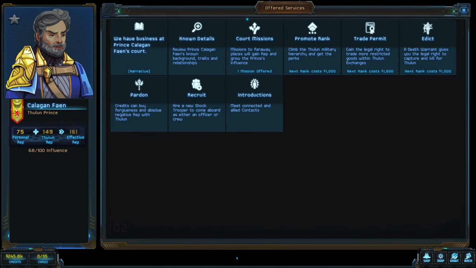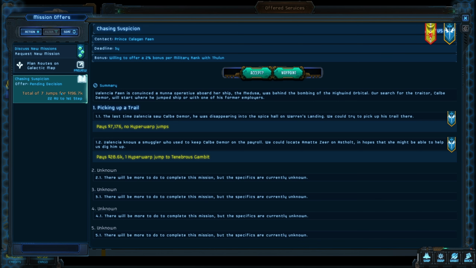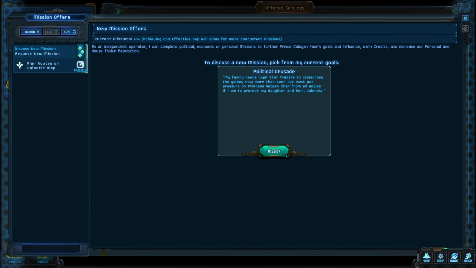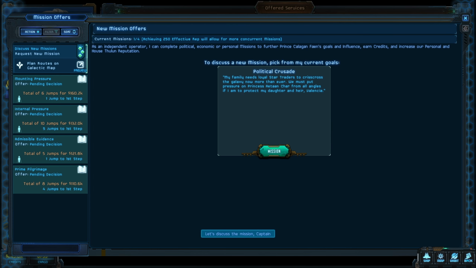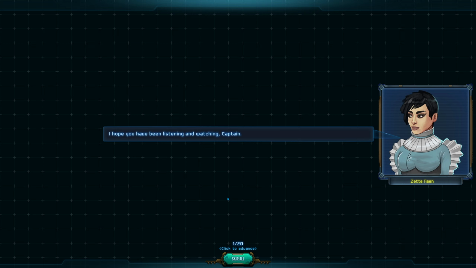I have two leads, she says. Great, okay. Two leads, chasing suspicion, 7 jumps for 196. Wow. Okay. And it's a 3-year deadline. Well then. Alright. And then he's got a bunch of missions like that. Now, Callaghan, we have business at the Fane's Court. Zet says...